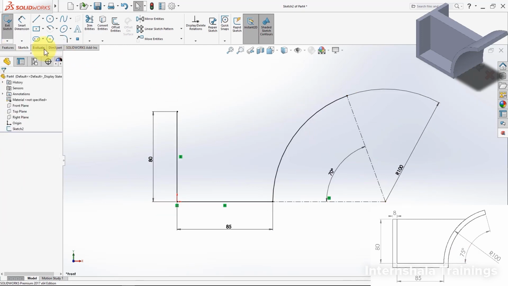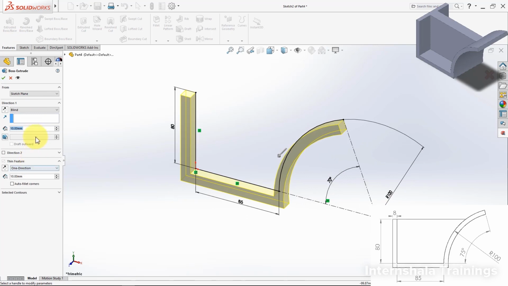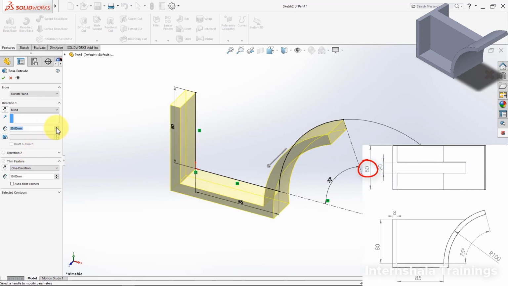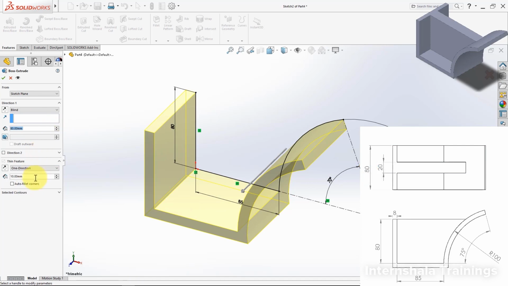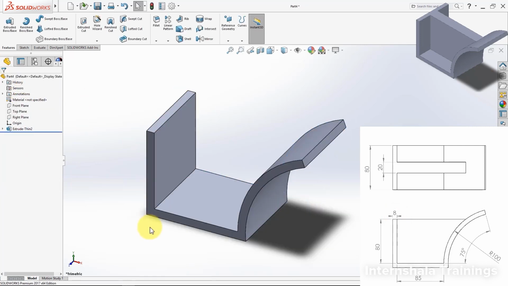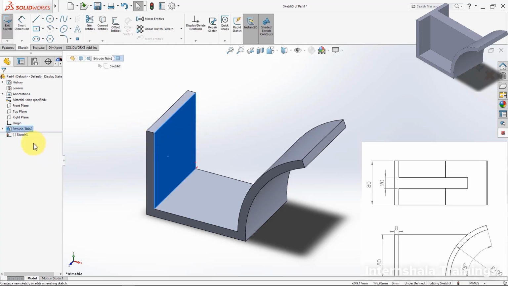Now I'm going to extrude this, so I'm going to extruded boss, and I'm going to set this to 80 and set the thickness to 8, and then click OK. Now we're done with our general shape. Now I can start creating the central wedge. So I will select this plane for my sketch,